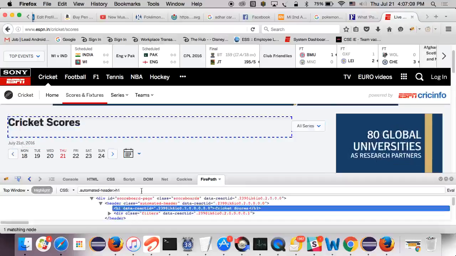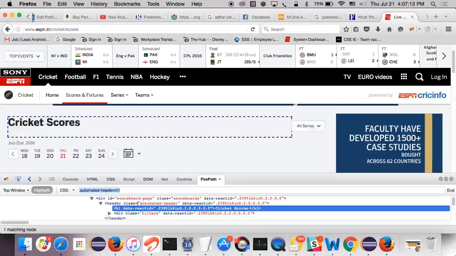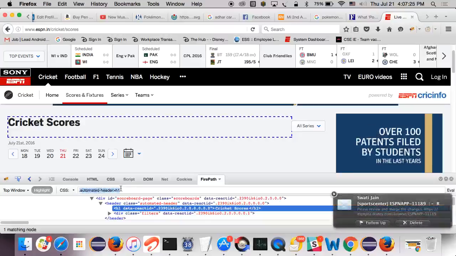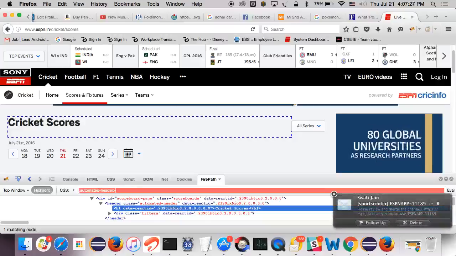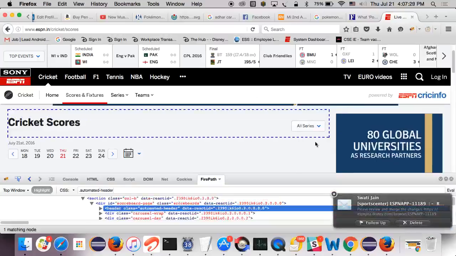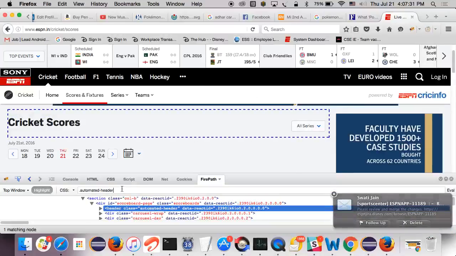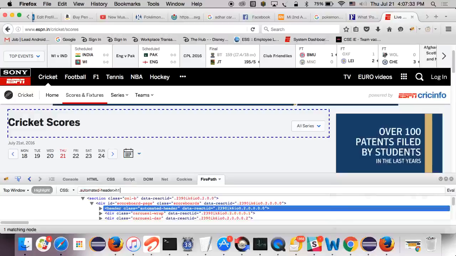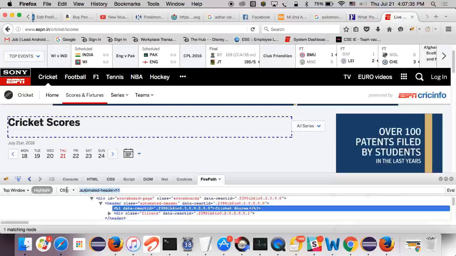It's already given me a good header value actually. It's using the class name and under that the heading. So this is fine because it is tied down to your header. If I just do this now, it selects the whole stuff. If you copy this,